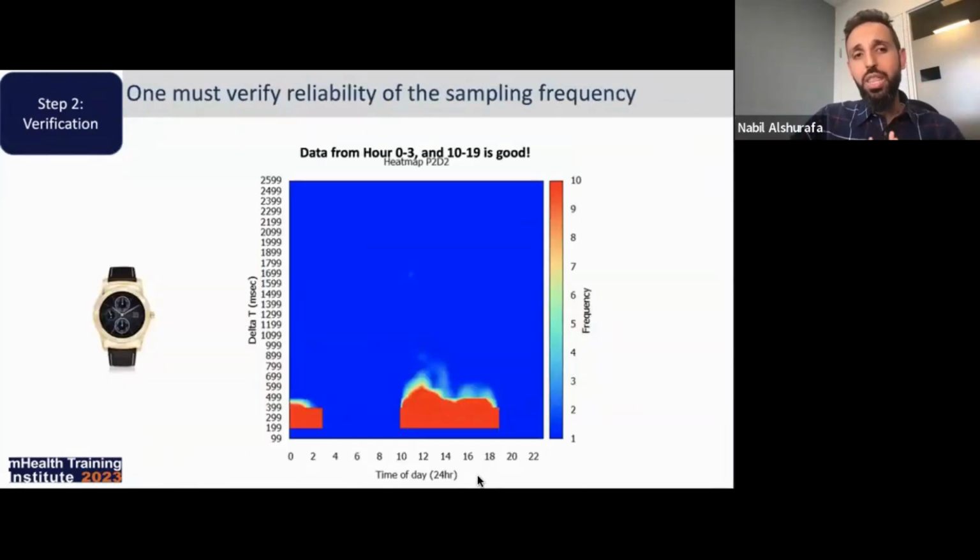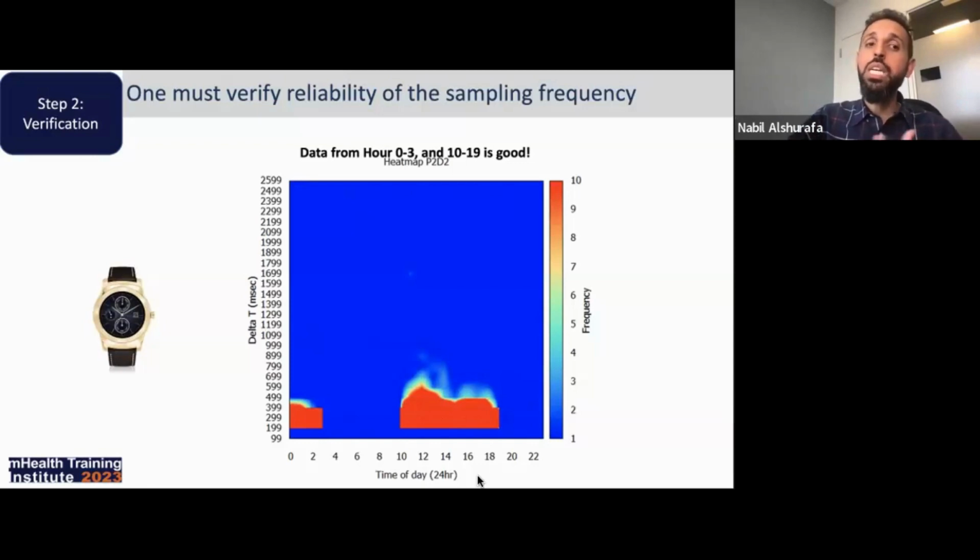Another factor to think about when designing wearables and looking at the data is this notion of reliability of the sampling frequency. If you're told, or if you're expecting, that the device captures 5 or 10 samples a second, you want to make sure you test that out, right? And so this here shows us a heat map of the data that we collected in 24 hours.